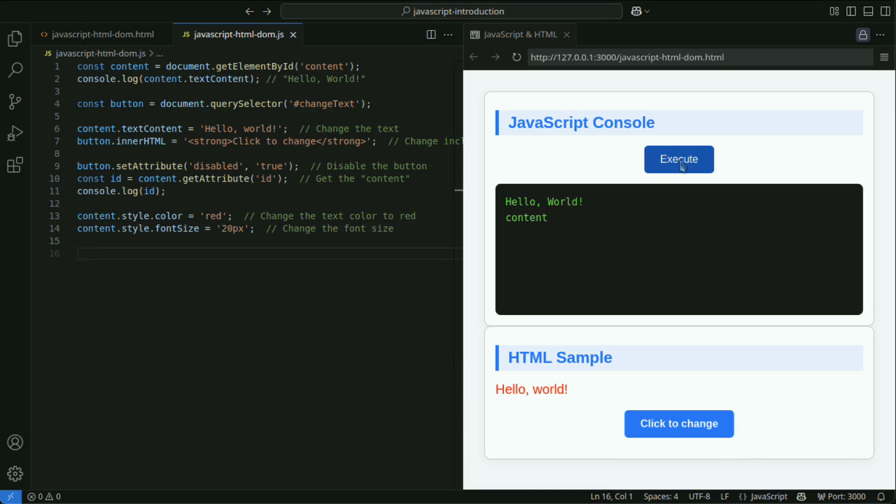Use classList to add or remove classes from an element. add adds a class. remove removes a class. toggle adds or removes a class depending on whether it exists. contains checks whether a class exists.